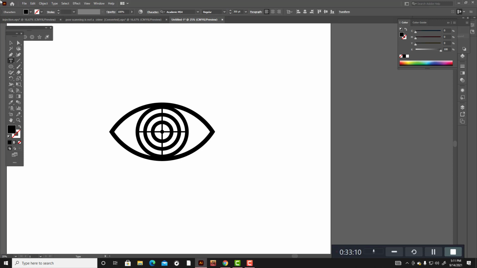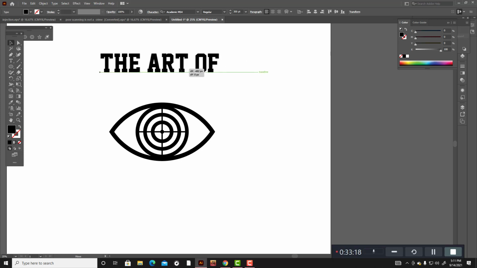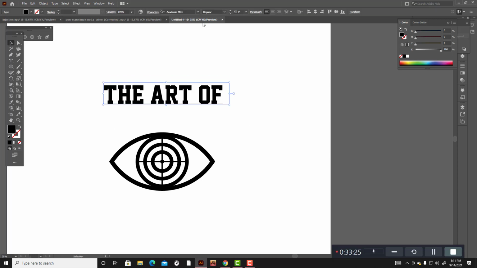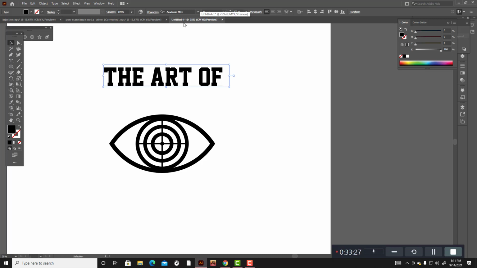So, the art of code scanning. How can we write this thing? The art of